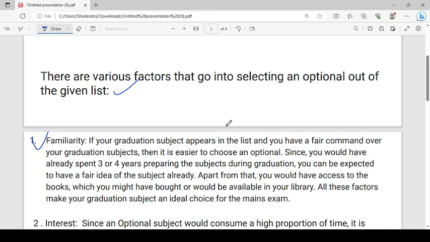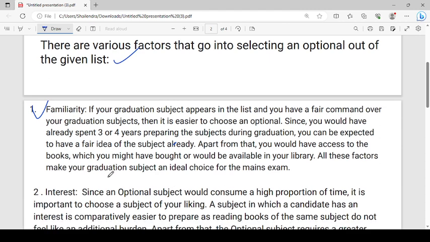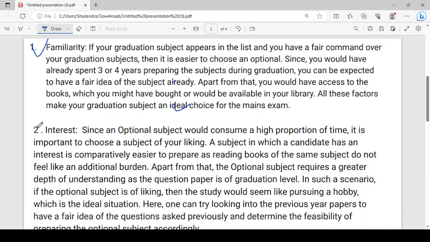Since you would have already spent 3 or 4 years preparing the subject during graduation, you can be expected to have a fair idea of the subject already. Apart from that, you would have access to the books which you might have bought or which would be available in your library. All these factors make your graduation subject an ideal choice for the mains exam, है ना।